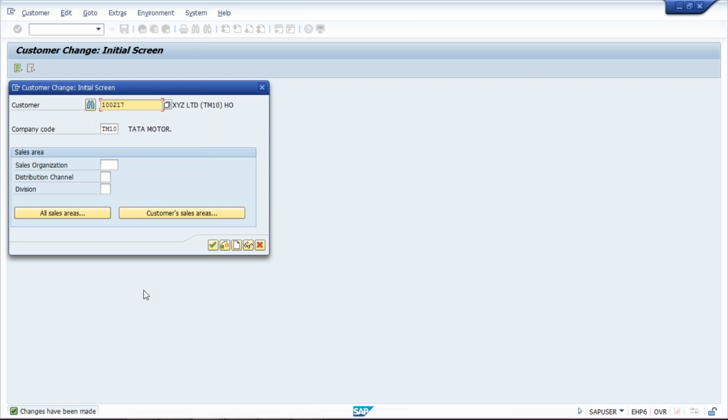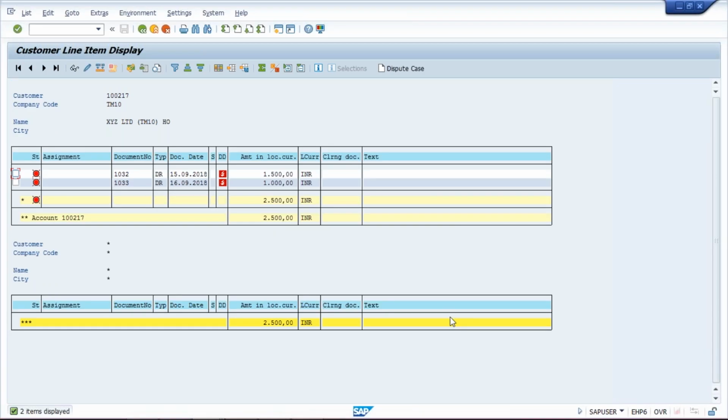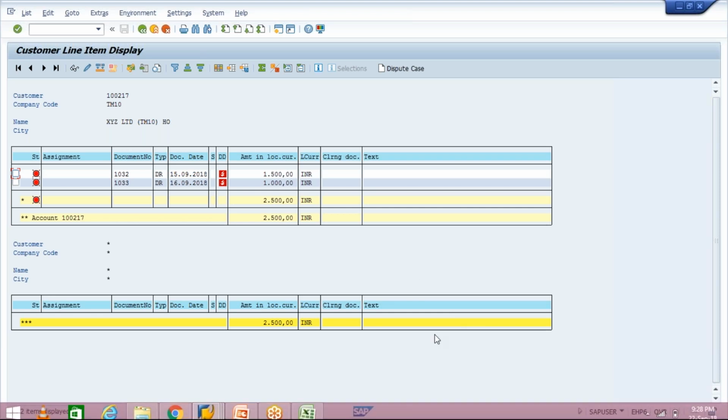Now, let's suppose we have not received payment from these customers. So what will happen? It's time to send a reminder notice to the customer. Okay, customer here doesn't mean the branch offices. Customer means we are going to send it to the head office itself, because we know that the head office itself is involved in the payment. So now here